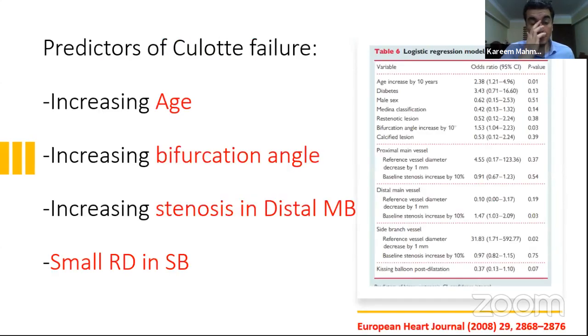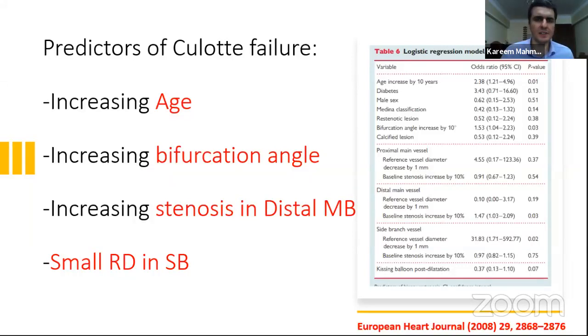However, there are some points we should remember about both, as we mentioned. This is a very good trial that mentioned the predictors of Culotte failure. And the most significant predictor is increasing age. Regarding the angle, increasing the bifurcation angle will lead to more in-stent stenosis.